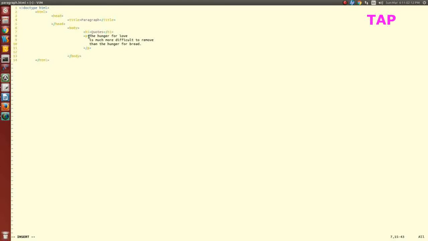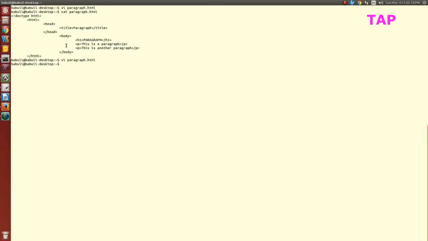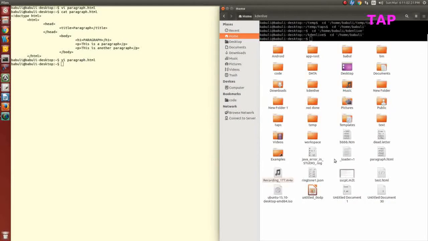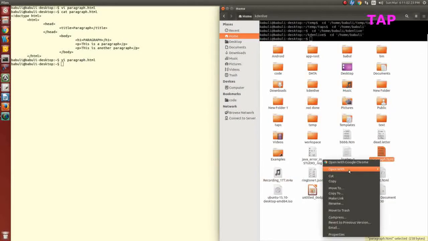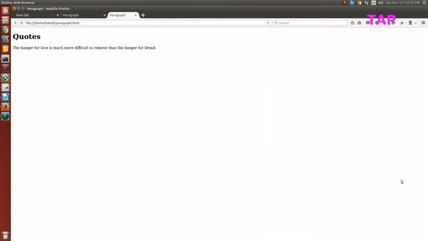Okay, you can see, though in my code I have given three lines, when the output is coming, the browser is taking all the lines as only one single space and displaying the output in a single line only.